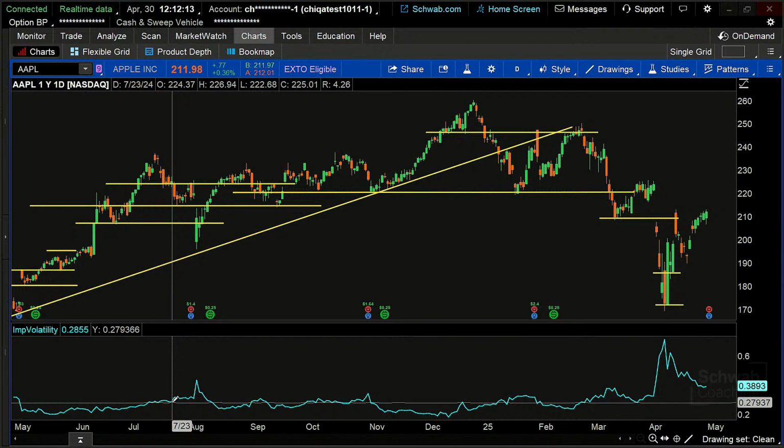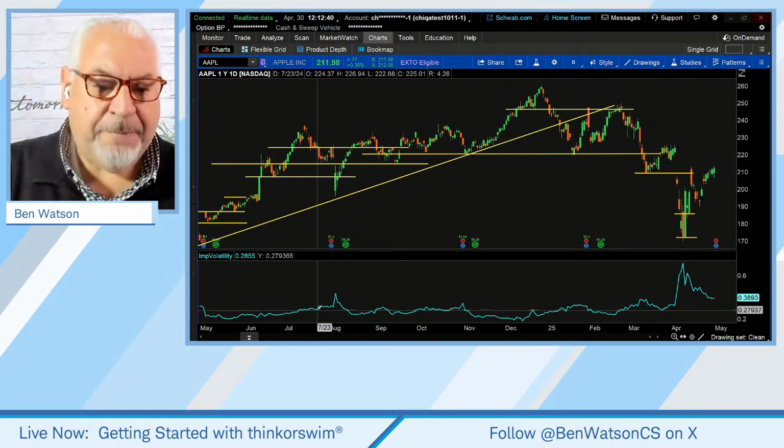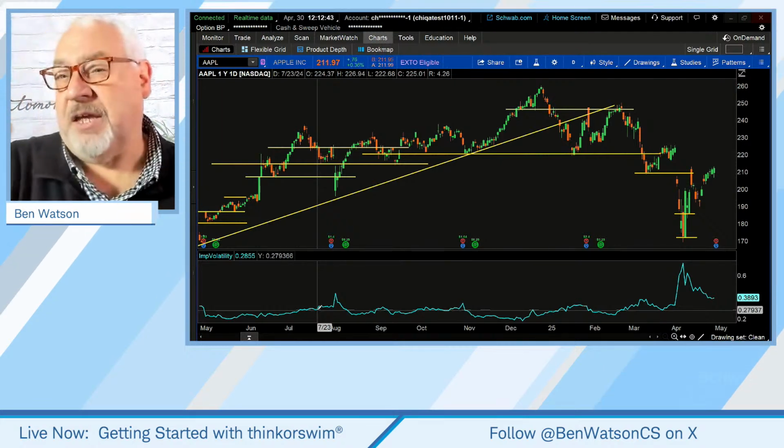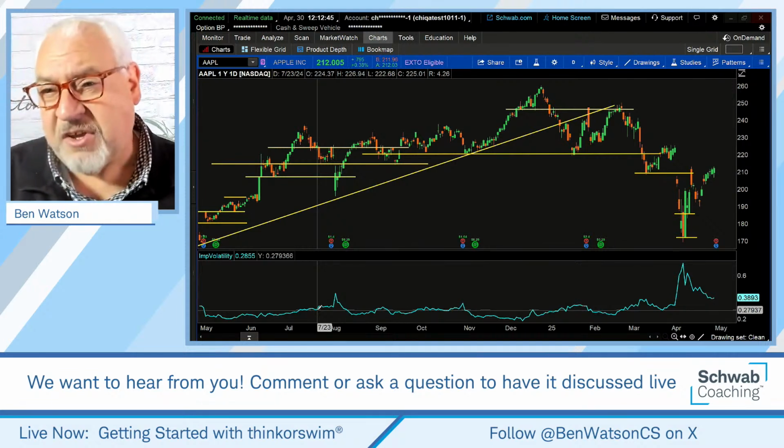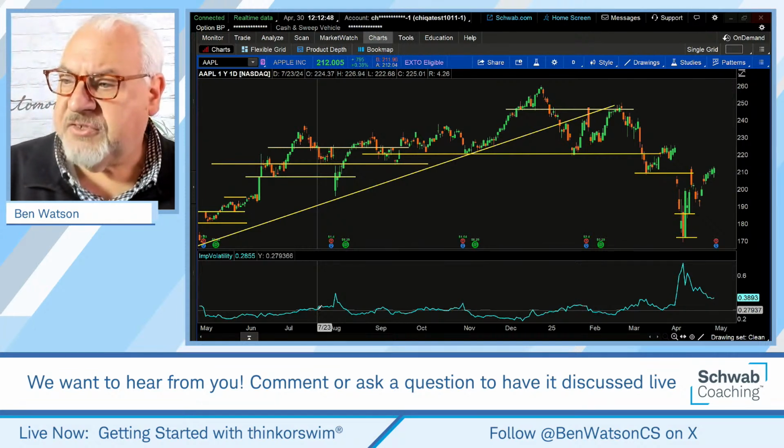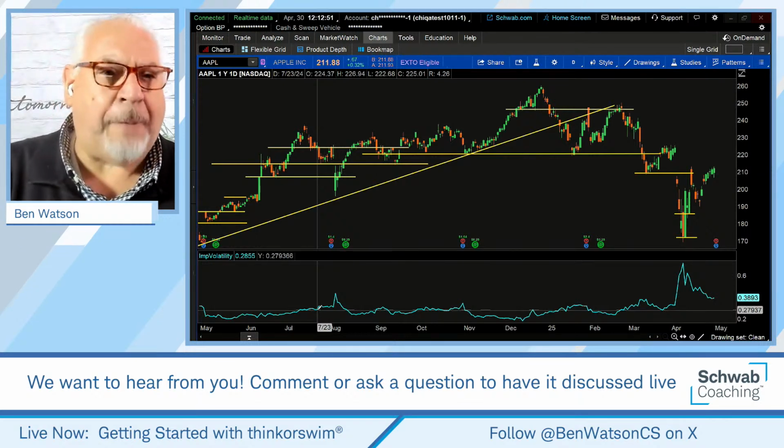And again, this is going to be an average of volatilities across options, across the option chain for Apple. So it's not representative of any one particular strike price or expiration. It is the average of implied volatilities across all of those options for the Apple option chain. Now, here's the thing about implied volatility. Implied volatility is taking what has happened and looking at expectations of what might happen. So this is representative, again, of options pricing.